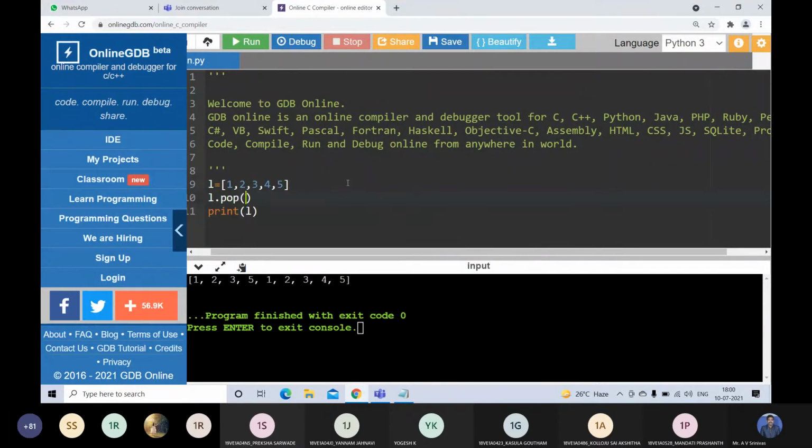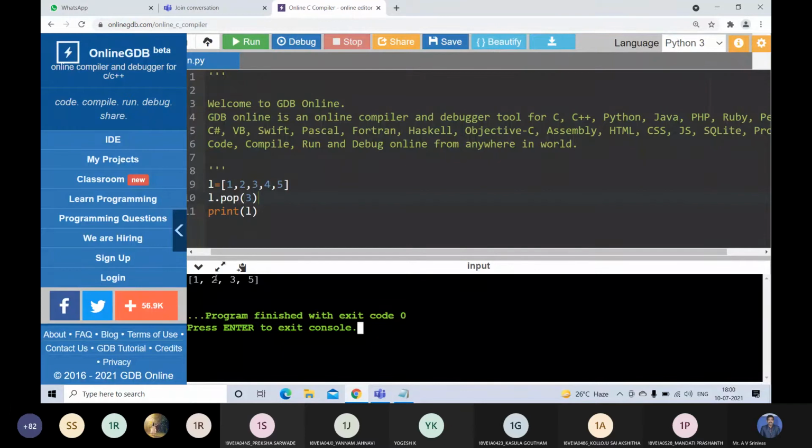Suppose I write pop of 3. That means my index value is 3. If we are supplying the index as 3, what is the element to be deleted? 0, 1, 2, 3. That means 4 will be deleted. The list will be 1, 2, 3, and 5 here.